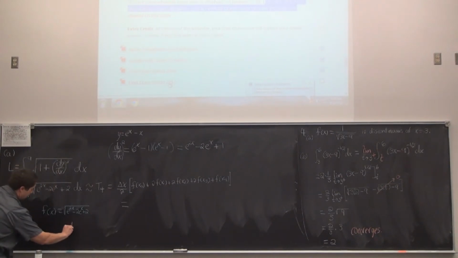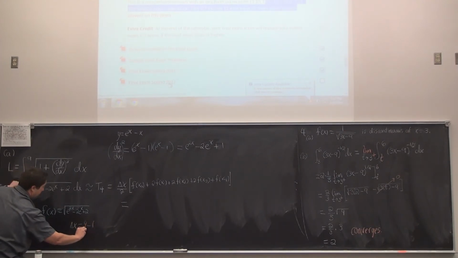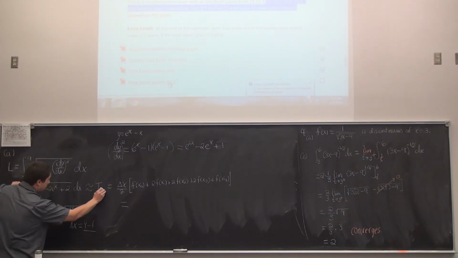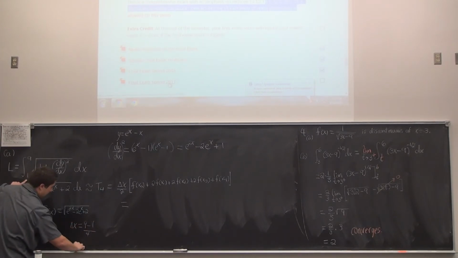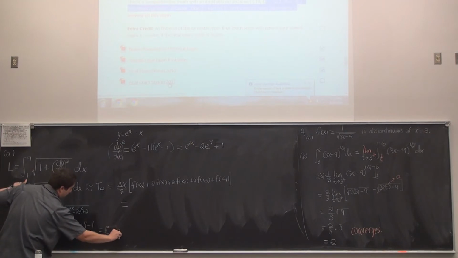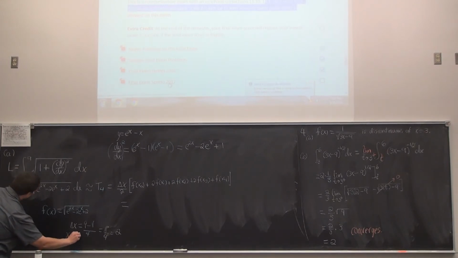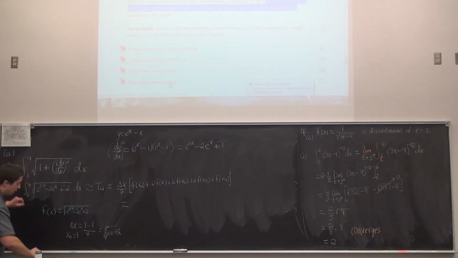I'd write down below, somewhere in the scratch region, delta x is the upper limit of 9 minus the lower limit of 1 divided by the number of subintervals in the problem, which is 4. So this is 8/4 for a 2 altogether. So we have our delta x, and I'd probably write down somewhere that x naught is the lower limit of integration, which is a 1. That actually gets us all the information we need to finish out the equality that we have left hanging.